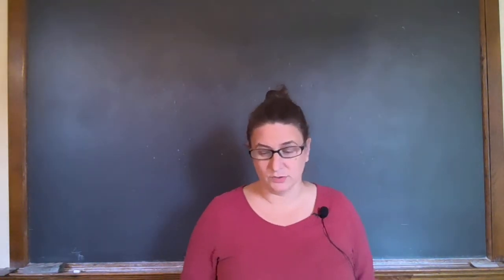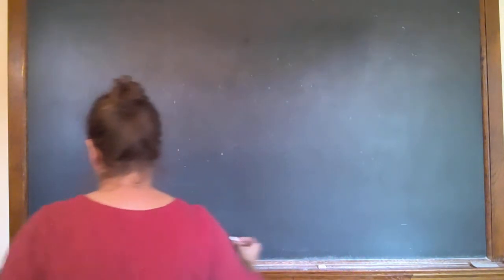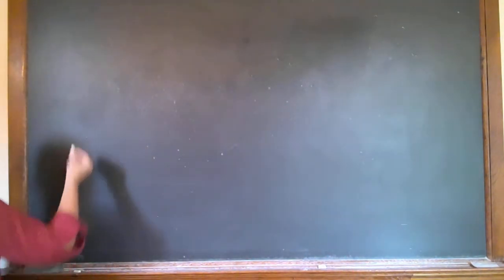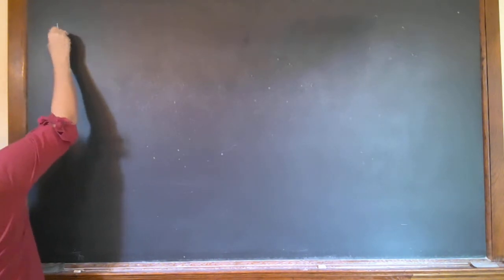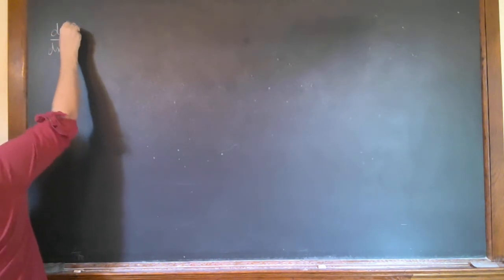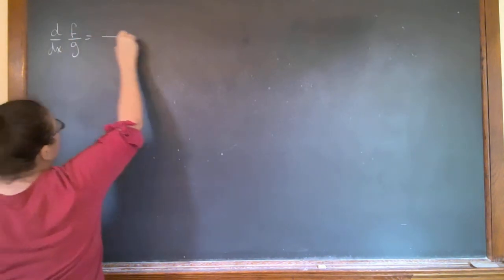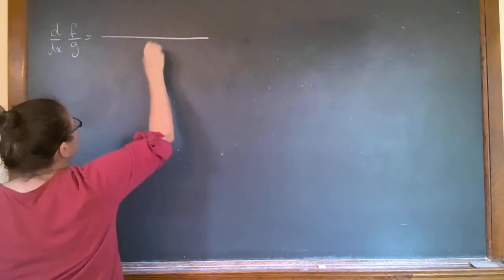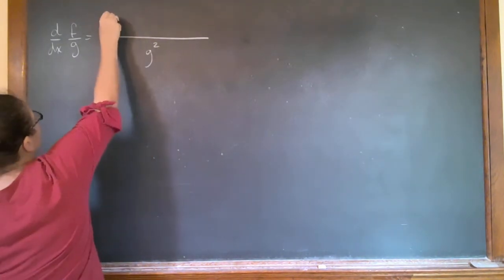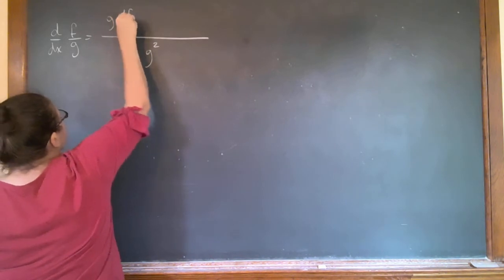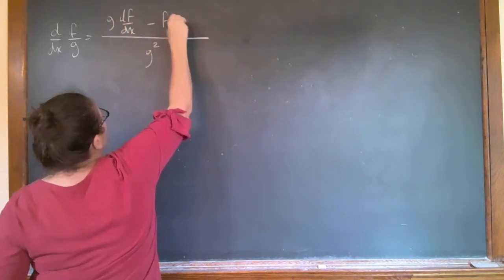Next, we're going to learn the quotient rule. So quotient rule is, of course, for taking derivatives of quotients. So I'm just going to write up here the derivative of f of x over g of x. So it's a little bit of a pain. You've got g squared in the bottom, and then you have g times the derivative of f minus f times